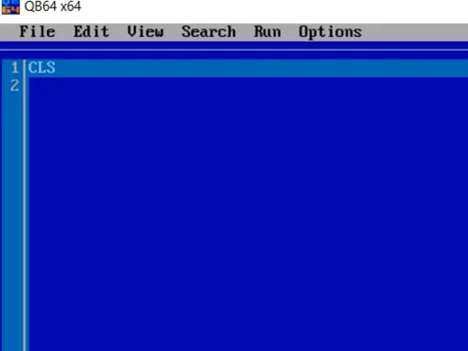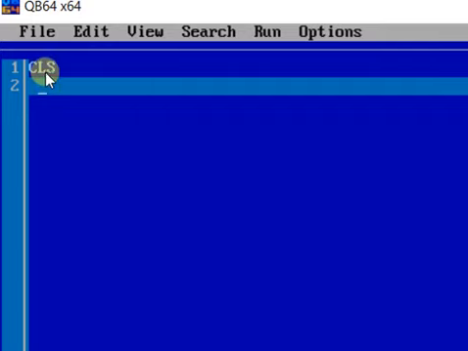As we know, a program executes line by line from top to bottom. So the first line will be executed first. For that reason, CLS is written in the first step so that it can clear the output screen whenever the program is executed and run on the black output screen. So the first statement is CLS. After that, we start our main program.